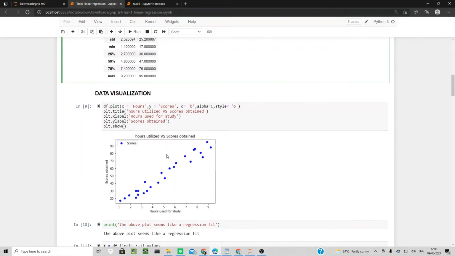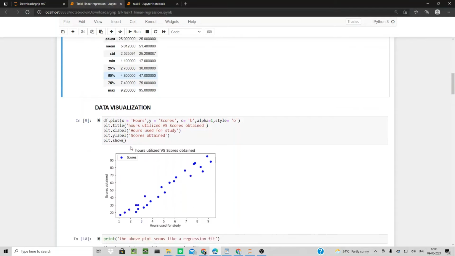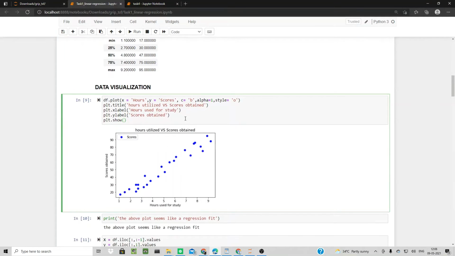And this data set contains only numerical data. When we describe the data frame, it consists of the following steps like count, mean, standard deviation, minimum, and maximum.